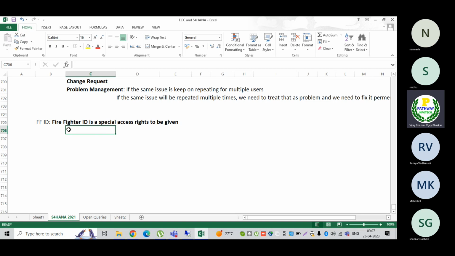But now, in order to use the firefighter, you need to get the special access. Then there will be a validity period. The FFID will have a validity period, and after that period it will automatically expire. If you want it again, you need to request it again. Then, in general, the FFID access will be provided